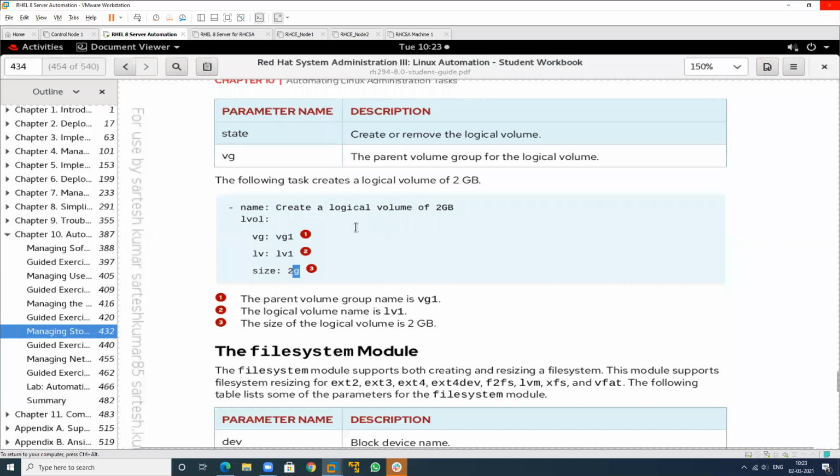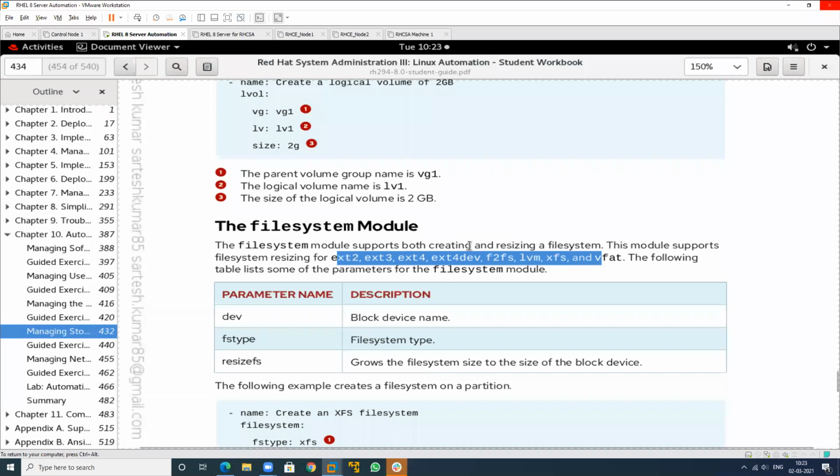If I want to define the file system, which file system you want to use in this, you can also use the filesystem module. The filesystem module supports both creating and resizing the file system. This module supports file system resizing for ext2, ext3, ext4, ext4dev, f2fs, lvm, xfs or vfat also.